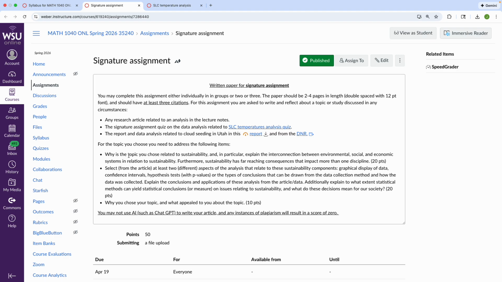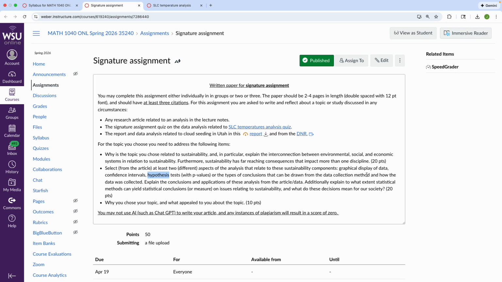So why is the topic you chose related to sustainability? And this is the harder one for students. Select at least 2 different aspects of the analysis, and broadly almost all analyses, and this is something that you need to make sure is suitable for your article or data that you chose, is that to make sure it has a graphical display of data, a confidence interval, a hypothesis test, and then discuss other types of conclusions that can be made.